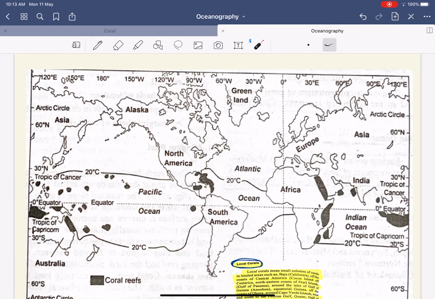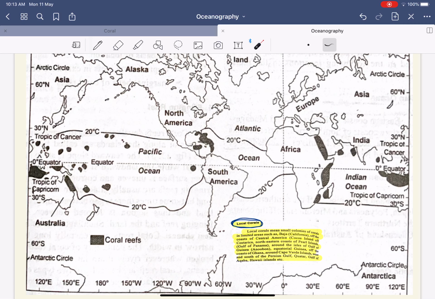See, this is the distribution of your coral reefs. Basically, what you can see is that this is Australia. Within this Australian sea itself, this is the Great Barrier Reef. Similarly, look at North America. Over here, remember that there is the Canary Current. Again, we see that the corals are located in the west, mostly. Next, over here in South America also, there are corals in the east.